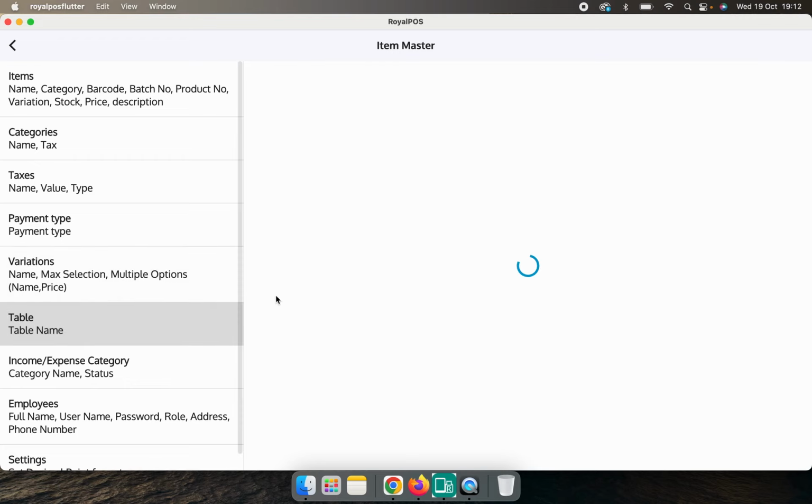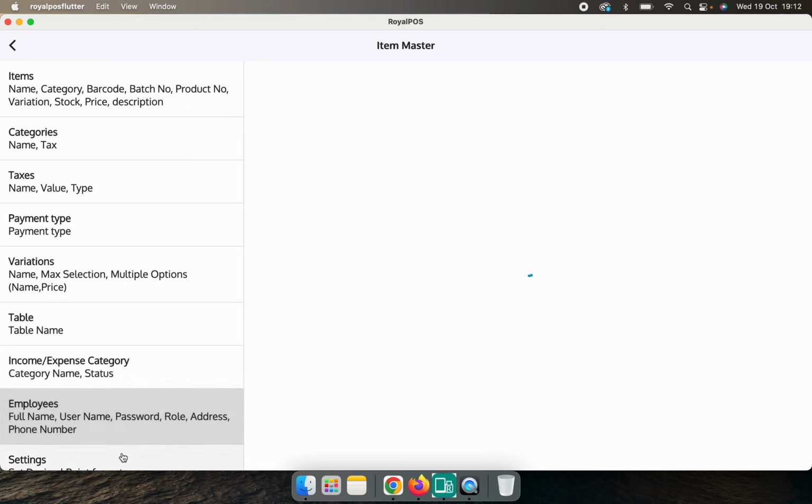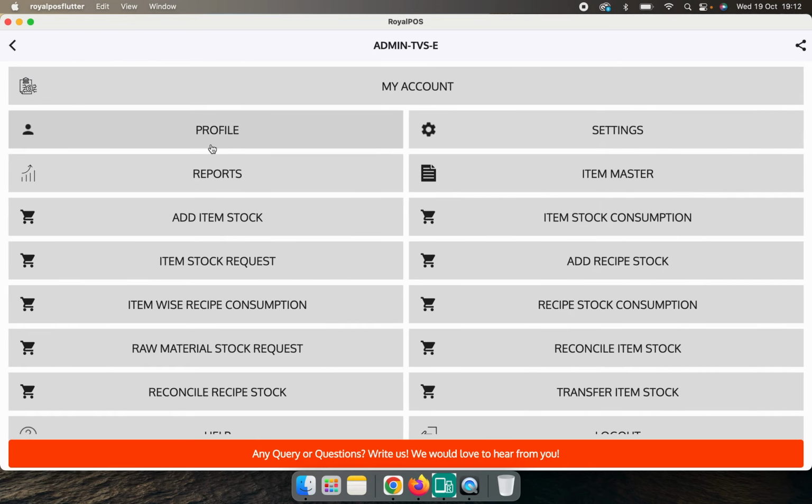Then we have the table. You can add multiple tables. You can also manage expense category names, so you can categorize the expenses, right? You can add more cashiers. You can have as many cashiers as you want, but at the same time you can log in with one cashier for one device. If you log in with the same cashier on the other device, the first device will be logged out. So make sure you don't use two cashiers at the same time,